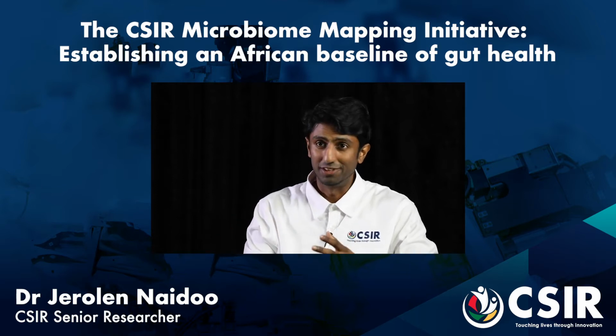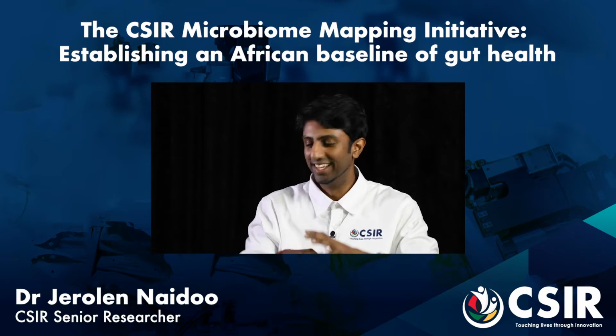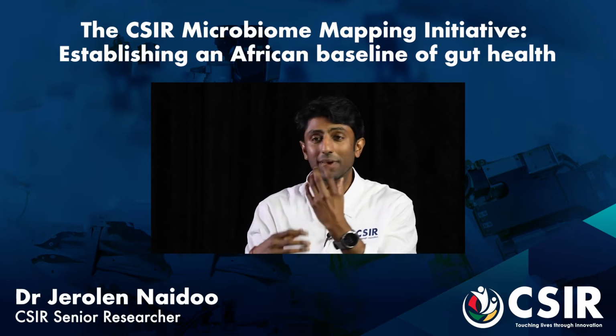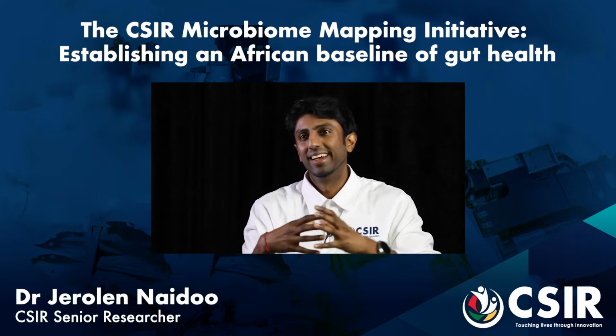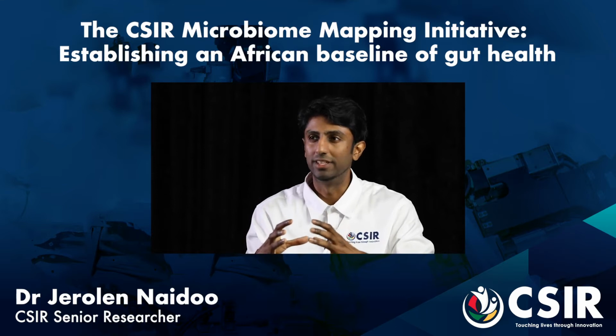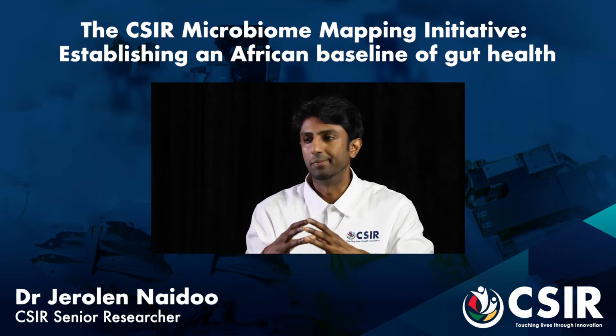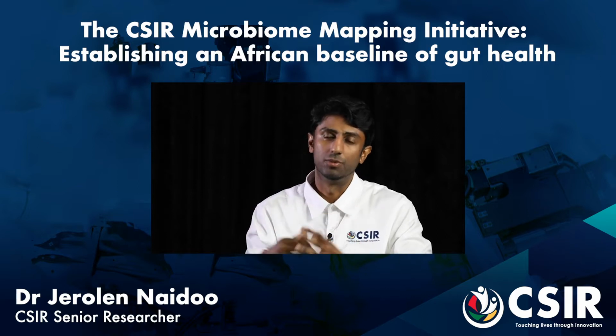The human microbiome itself exists in multiple different spaces across the human body. So you've got a skin microbiome, for example, a separate microbiome in your mouth, one that exists in your lung, in your liver. And of all these sites, the gut, the intestine, is actually the most abundant source of microbial diversity and microbiome in the human body.